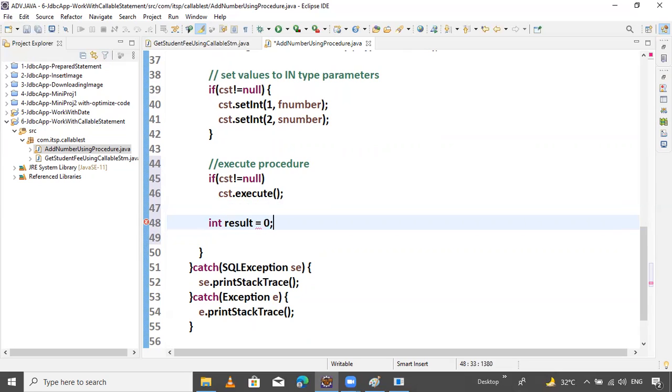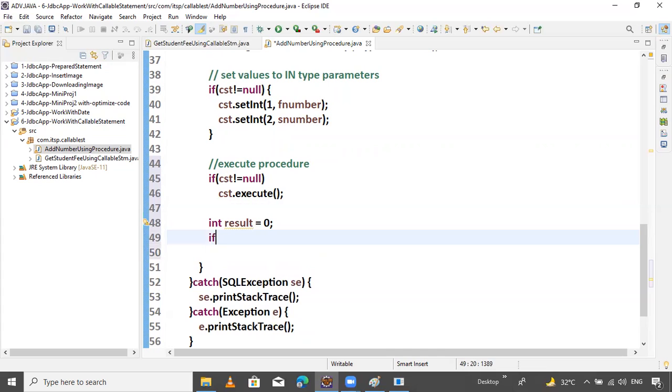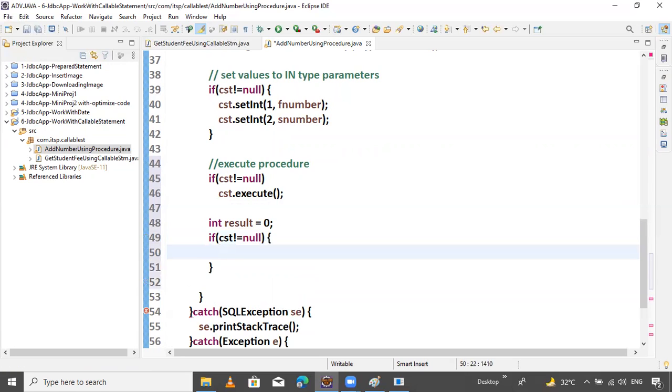If the local variable is declared as 0, that is okay. If CST not equals to null, then it means CST having some record. So this record is stored inside the result.